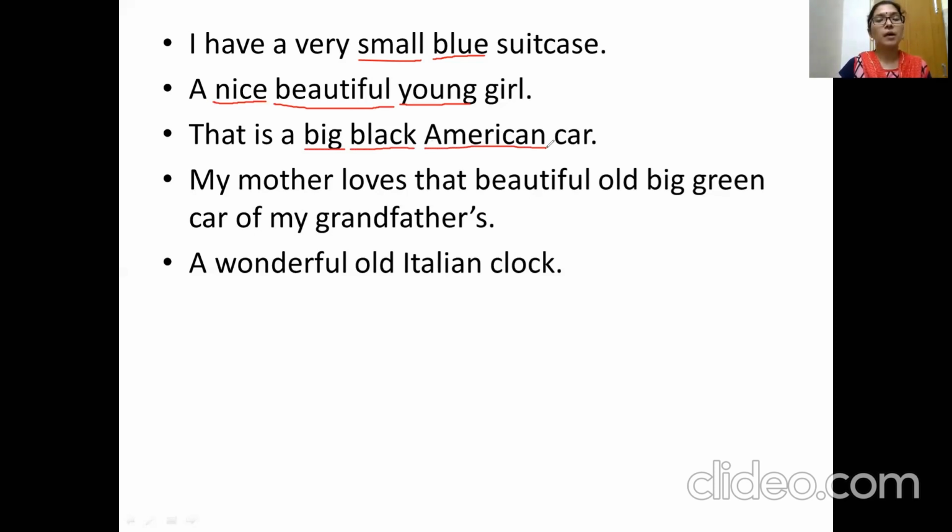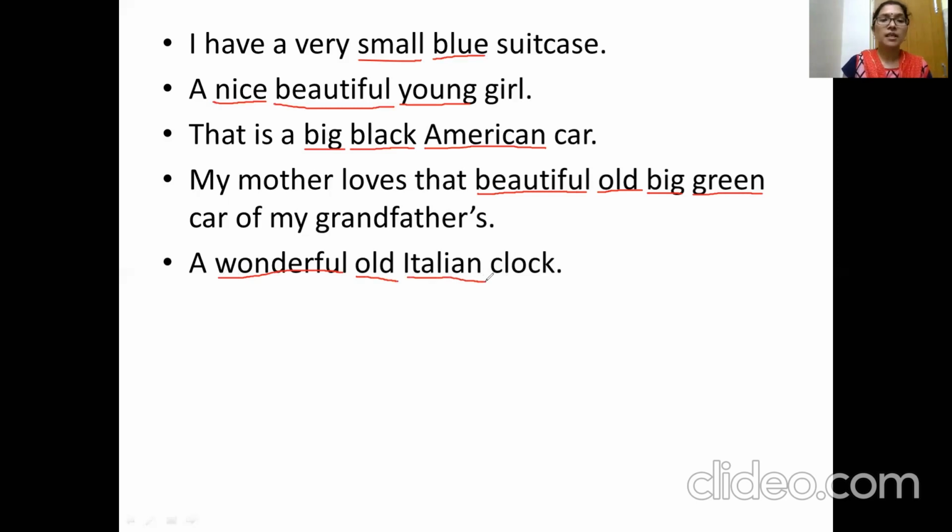To describe our grandfather's car, we have used adjectives like beautiful, old, big, and green. In the last sentence, a wonderful old Italian clock. To describe the clock, we have used three adjectives: wonderful, old, and Italian.